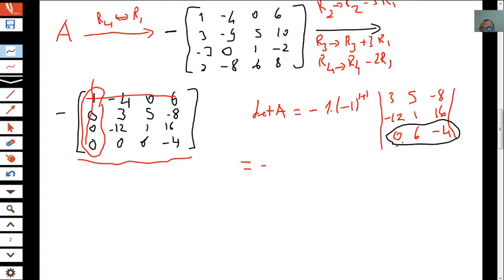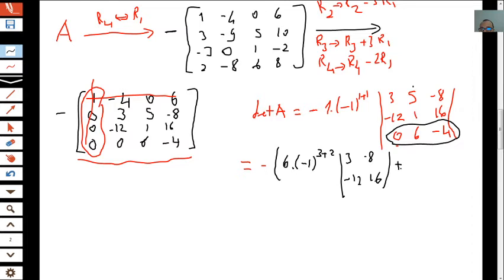According to the third row, the first term is 0 since we have 0 for the first entry. Therefore, we start with the second entry, minus 6 times minus 1 to the power according to the formula. It is in the third row and second column, times, by cancelling the third row and the second column, the remaining numbers 3 minus 8 minus 12 plus 16, I guess,